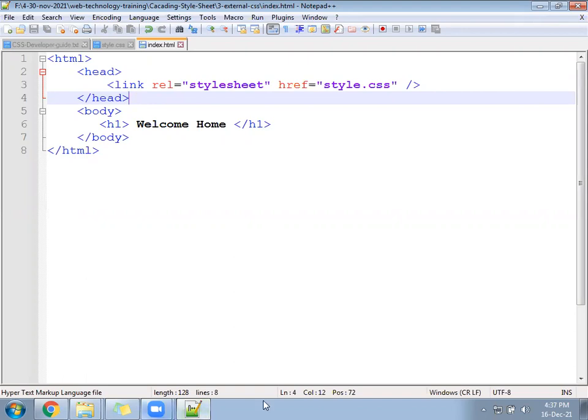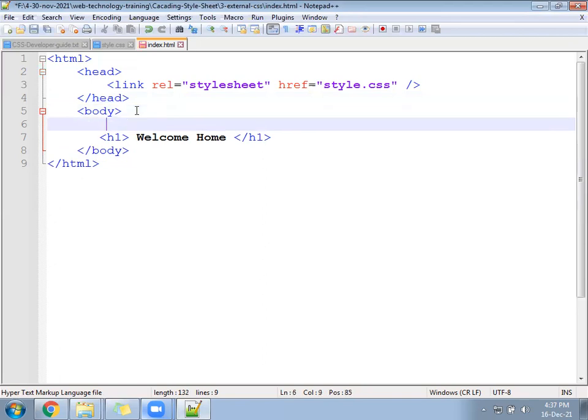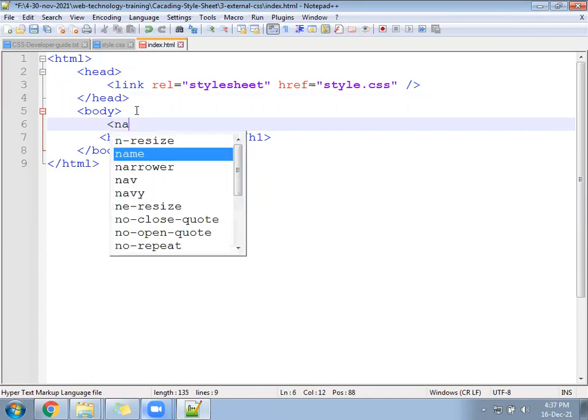Okay. Working for everyone. Cool. Does anyone have a problem? No problem. Let's go now. H1, let it be down. Before that, write a tag called nav.